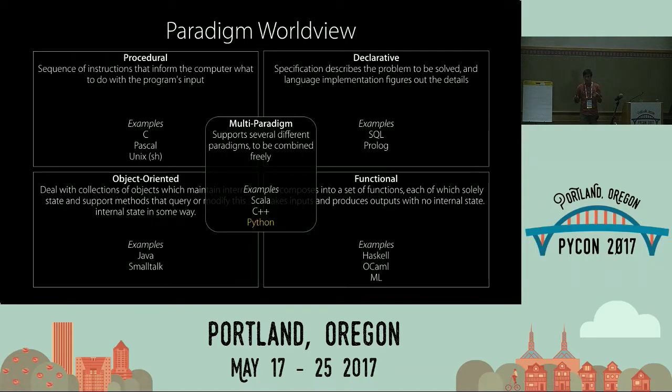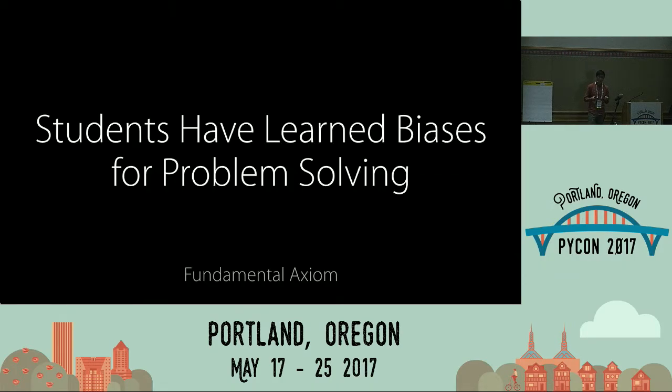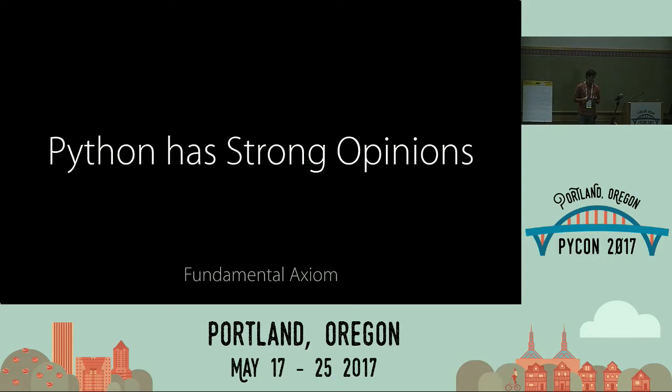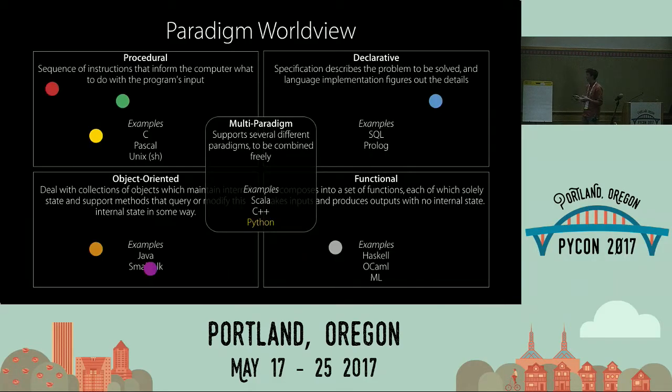I also have two other controversial but fundamental axioms I'll take here. One is that students have learned biases from other classes they've taken, from their upbringing, from whatever diversity brings into the classroom. Students have underlying biases in how they approach problem solving. Second is that Python has some strong opinions about things that are better, approaches that are more solid or more in principle Python. So as an unnecessary visual that now everyone can see, we've got some students here. We've got 7 different colored students. And they all come from some different place. They all have some different view of how problem solving works.